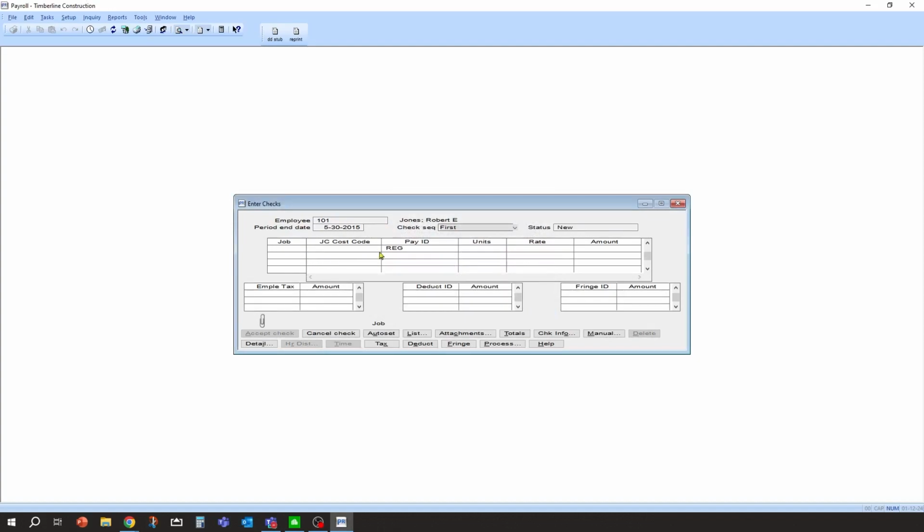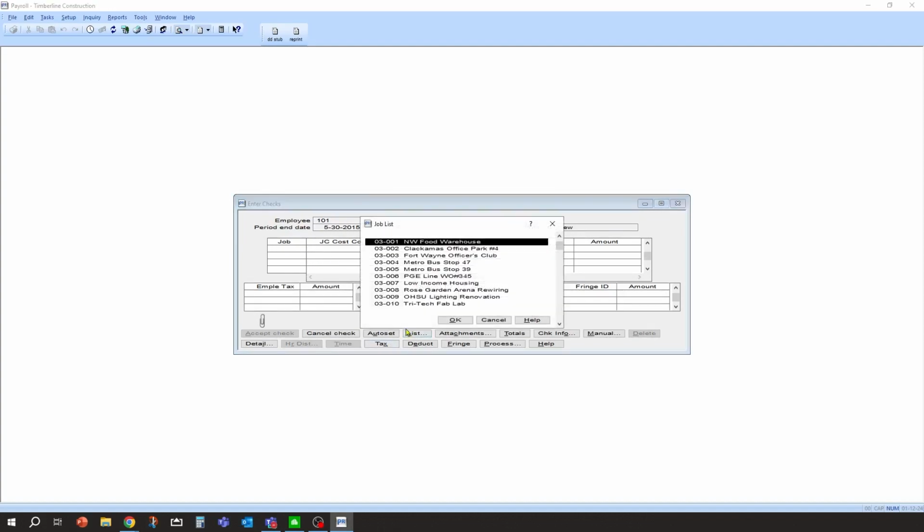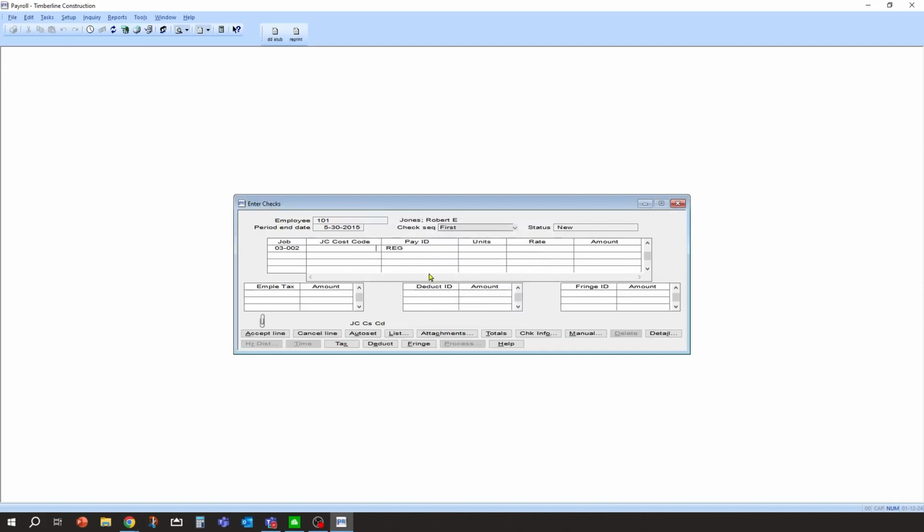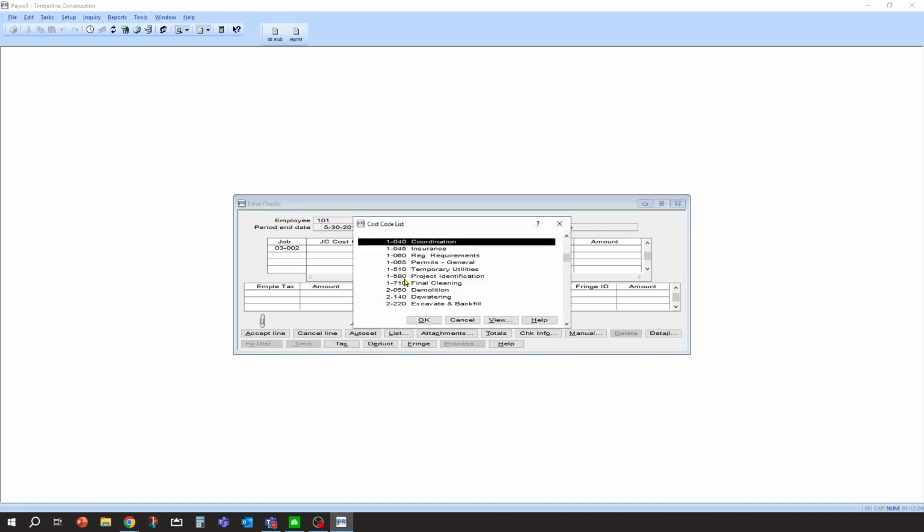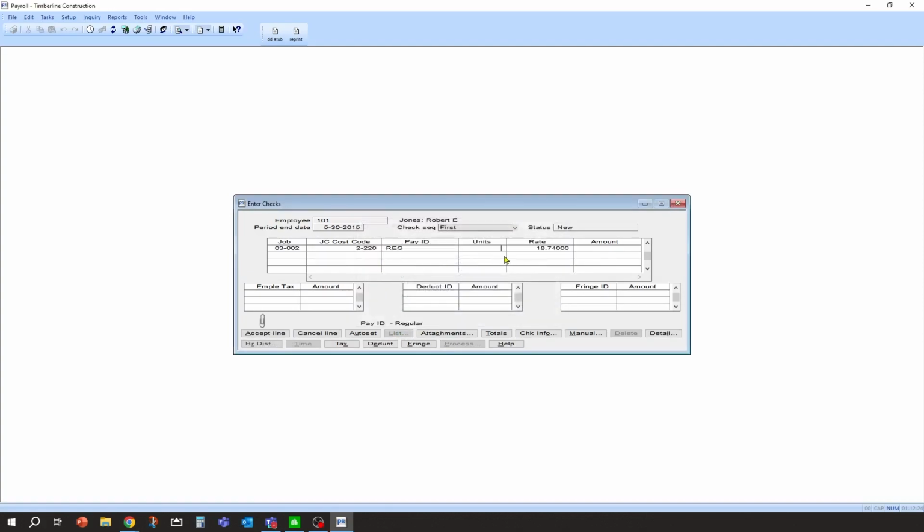So I could go through and fill in my normal time entries here. And I'm just going to keep this simple and say you did 40 hours on one job. So this is your normal time entry. But now I can do a couple things here. I can enter in some mileage. Maybe you're going to give them some mileage for this project.